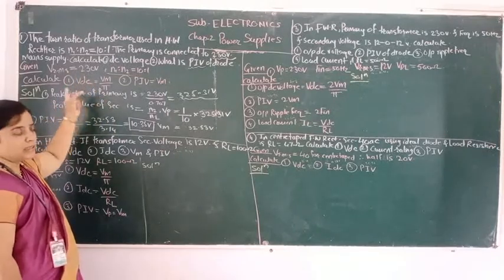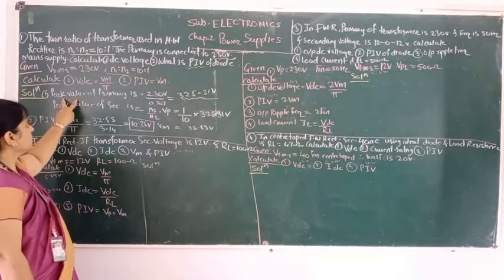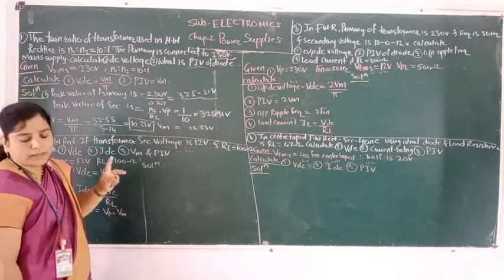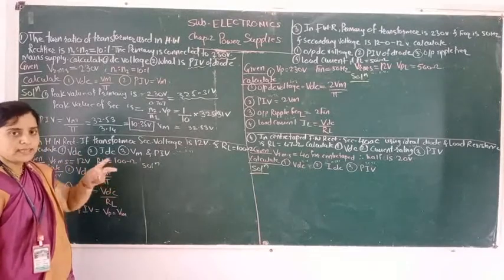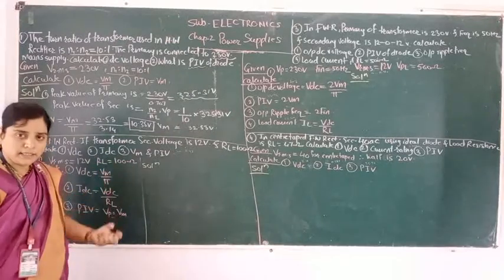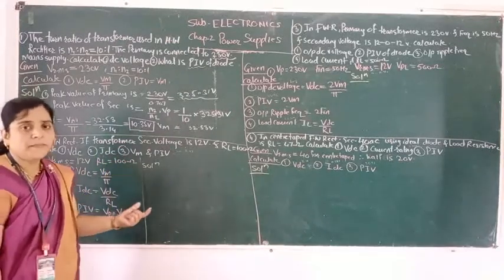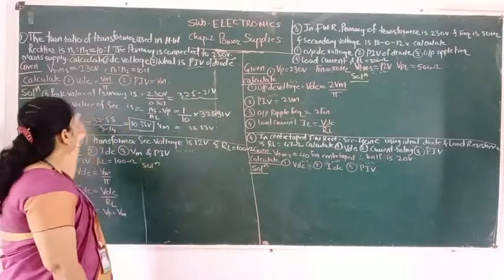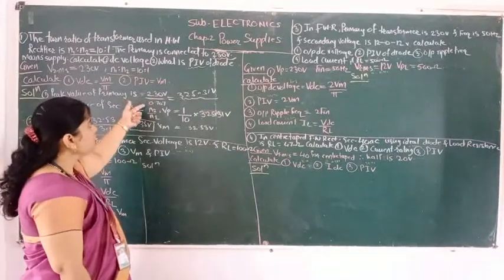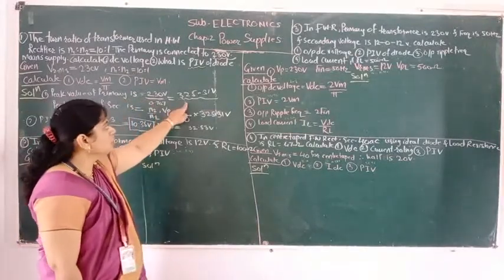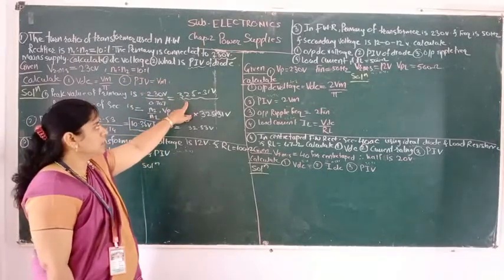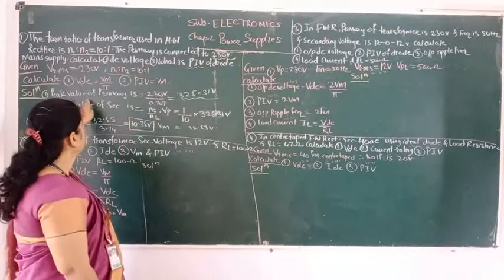If a complicated sum is there, then you just have to remember the peak value of the primary. There are the number of turns of the transformer, primary number of turns and secondary number of turns. The secondary number of turns gives us the DC voltage. The primary number of turns gives us the AC voltage. So the peak value of primary is how much? 230 volt divided by 0.707. We can calculate it by using a log table and get the value of 325.31 volt for the primary value.